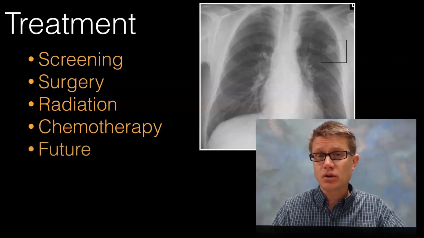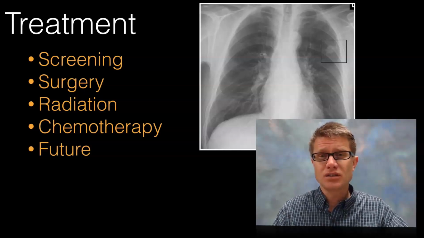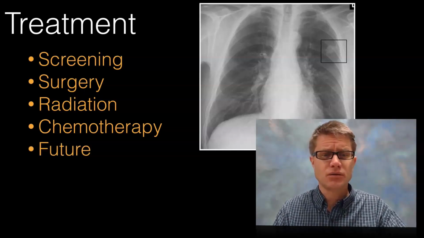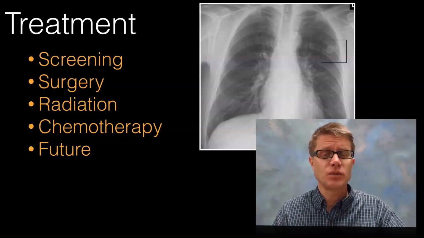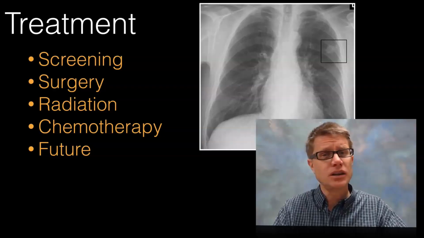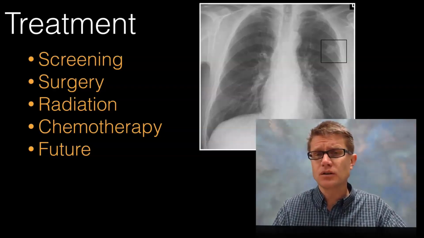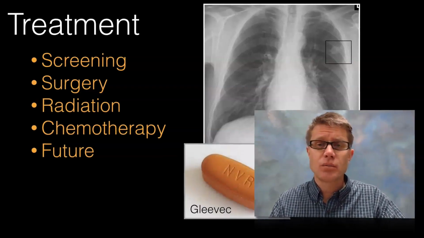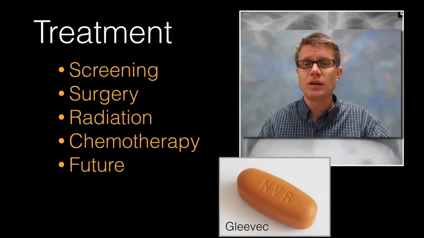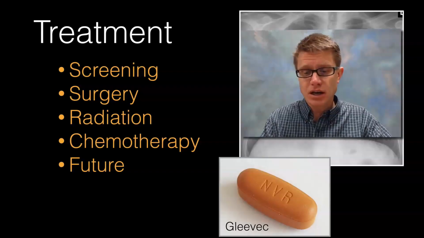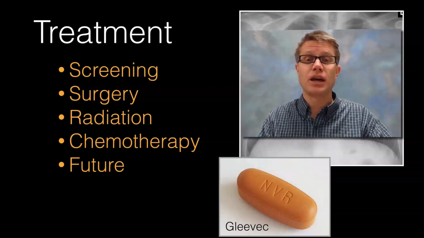What's the future hold? Well, we're really just treating all cancers with these three methods the same. And so what we'll see is if we can get into the genetics and we start to understand how each of those cancers are different, then we can start to target them. And so one of the breakthroughs was Gleevec, which is one of these first drugs that's targeting a specific type of leukemia. And it was affecting a specific machinery within that cell.